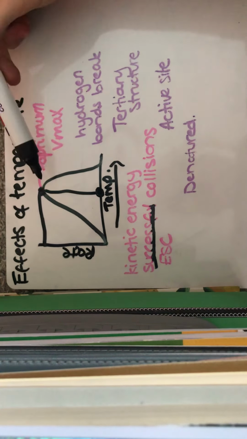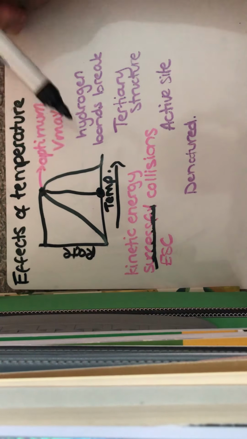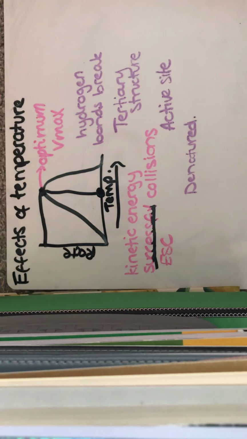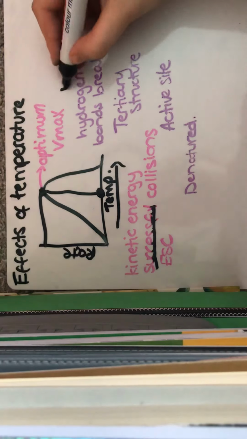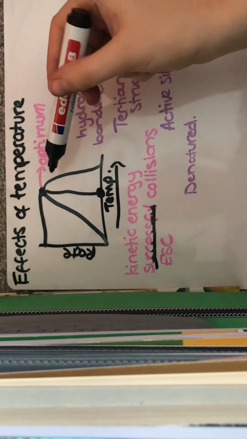However, when we pass this point, if we keep on increasing the temperature past the optimum, we are then going to start increasing the kinetic energy to the extent that that movement is going to break hydrogen bonds. So at this point, it might break ionic bonds as well. With more and more movement, we're going to see a decrease in the rate of reaction. It'll be quite rapid